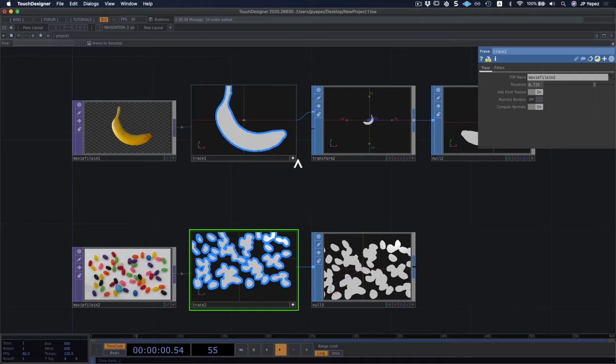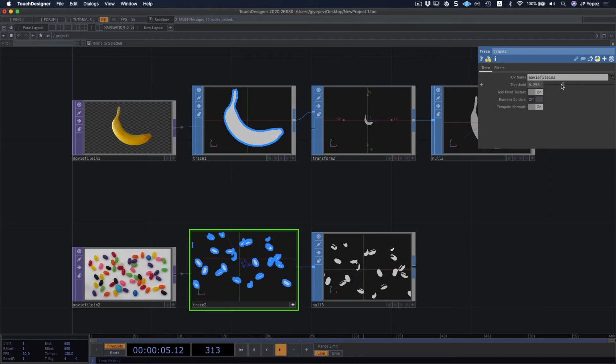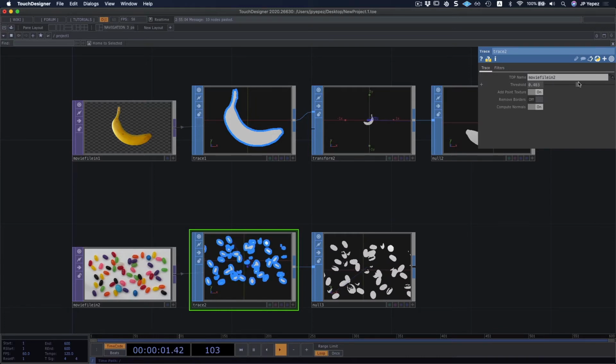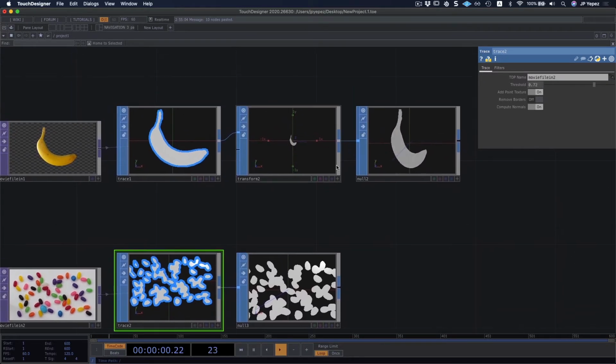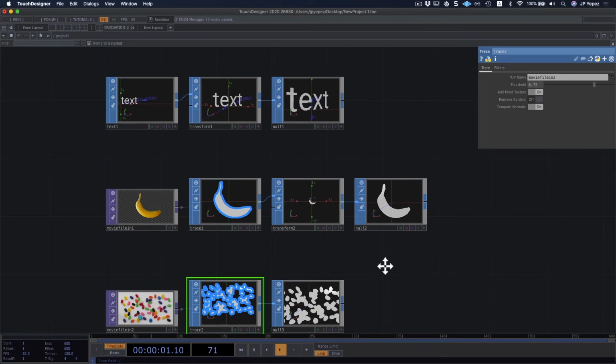What makes the difference is this threshold whenever you're using trace, because it's what's gonna select the geometry to include from our image, and that gets converted to geometry. Again, it's geometry that can be transformed and that you can do all sorts of stuff with, and we're gonna see more of that in our 3D workflow that we're gonna see just next.